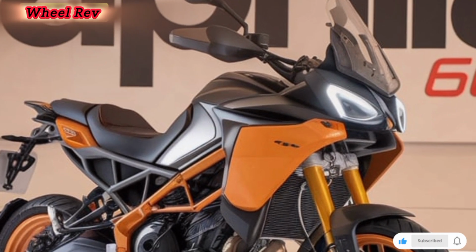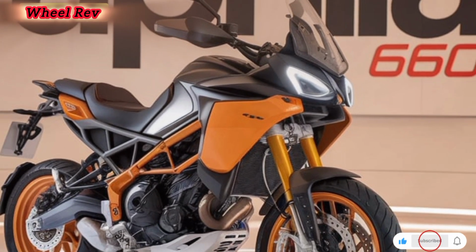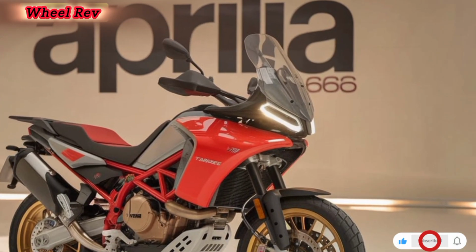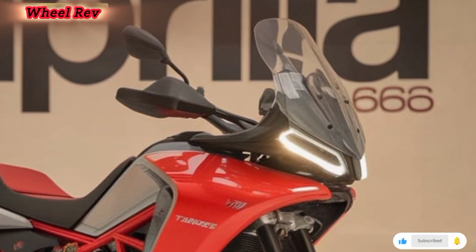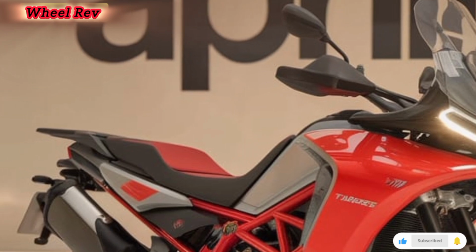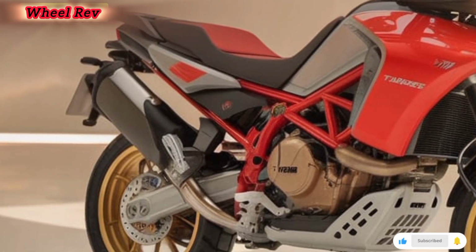Braking is handled by dual 300mm discs up front with Brembo 2-piston calipers and a single 260mm disc at the rear. Braking performance is strong and progressive, perfect for long descents with gear on board or quick stops on loose surfaces. The front ABS is switchable, and, as mentioned, now fully defeatable in off-road mode, which seasoned dirt riders will